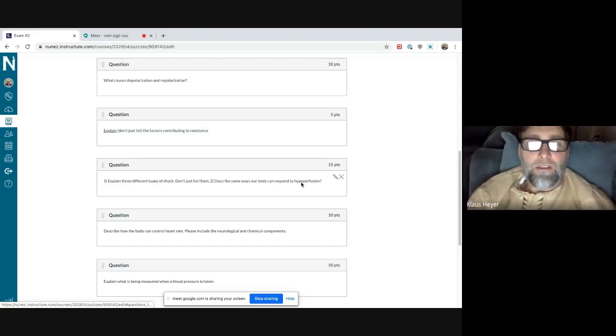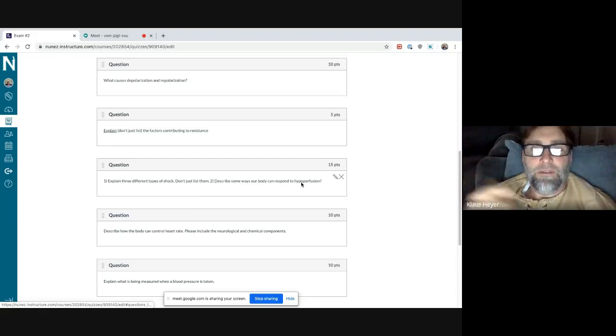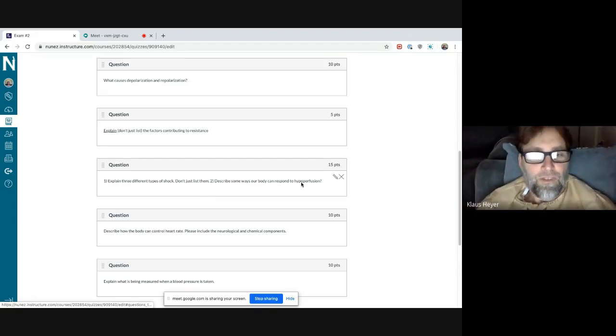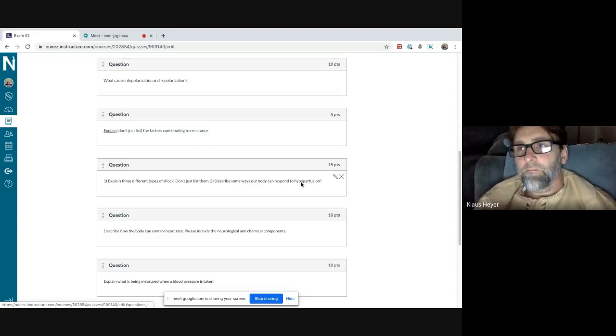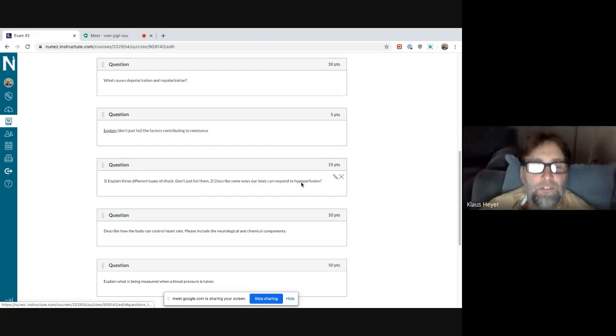That probably would be okay, because that's how your body responds. Oh, and raising heart rate, that would be another way that you could answer that, right? Or you could talk about the hormones, angiotensin 2. I mean, ideally, that's what you would have done. Angiotensin 2, aldosterone, epinephrine, so